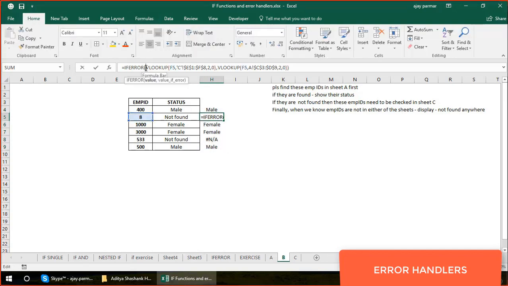So this VLOOKUP also fails to find this 8. Finally, in the previous example I put the IFERROR before this entire function. This is another way. The second way is that, you see, this VLOOKUP, if it gets executed and returns the value,